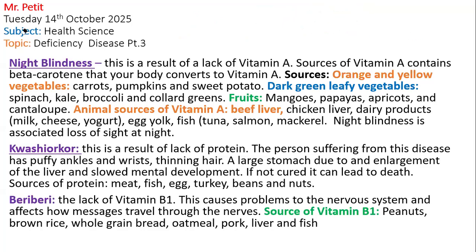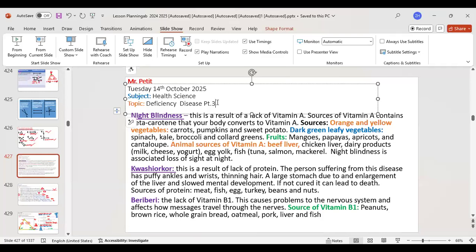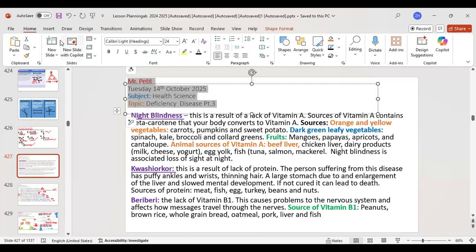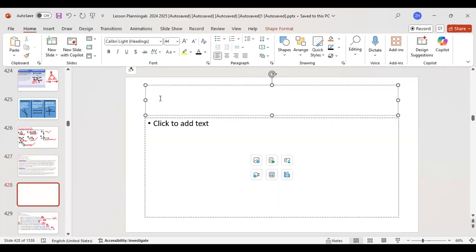All right. So, let's go ahead. What we're going to be talking about today is the differences in this. I finished it. You finished with that? That's good. So my name is Mr. Petit. Today is Monday, Tuesday, Wednesday, Thursday, Tuesday. So I guess we have to speed run this time, eh? Yeah, we have to. Wow, we spend so much time on health science talking about different vitamins.